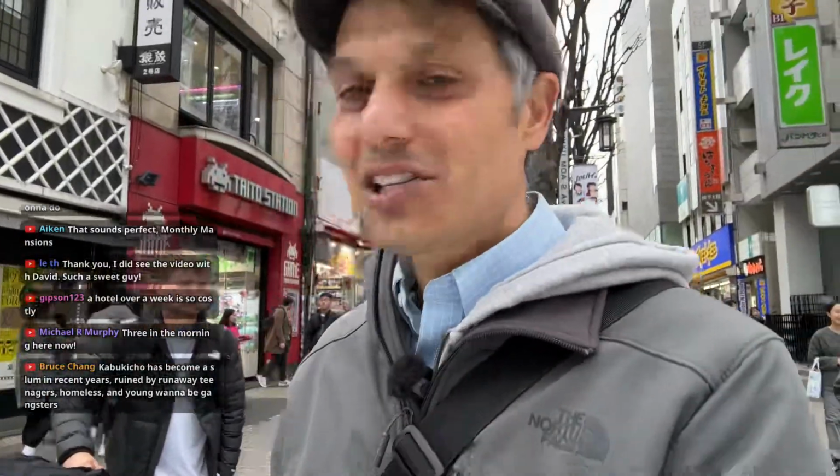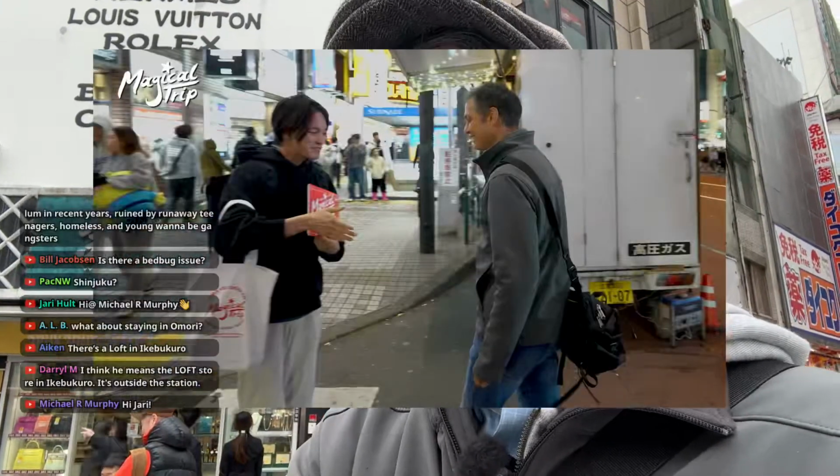Kabukicho has become a slum in recent years. Kabukicho was a slum well before. I don't even know if slum is the right word. Dodgy. Adult entertainment, massages, hostess clubs. It's not the kind of place that I personally would stay, although I stayed in the Capsule Hotel back in the day to show you guys